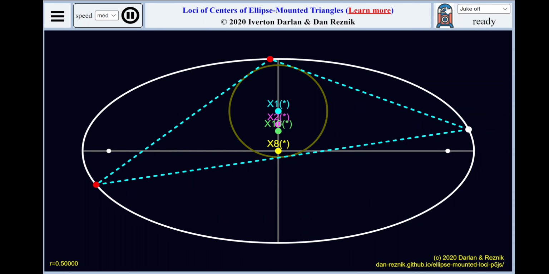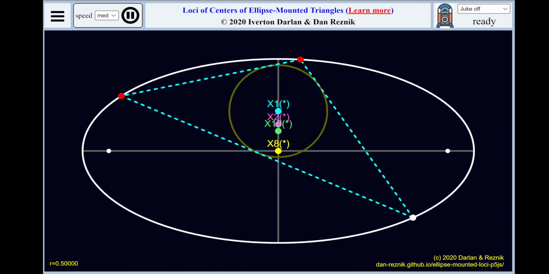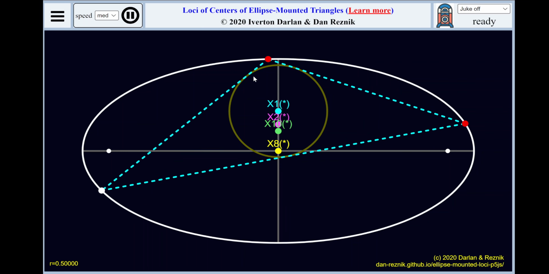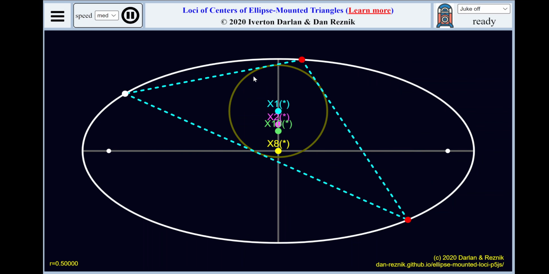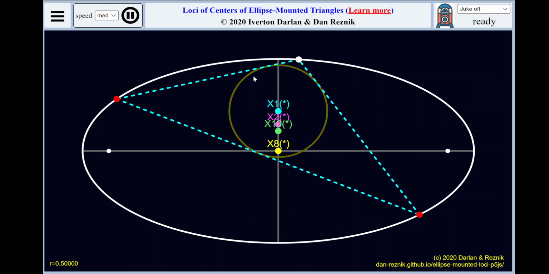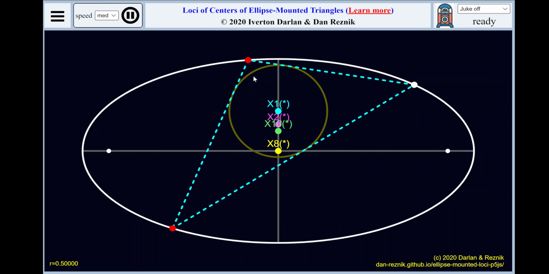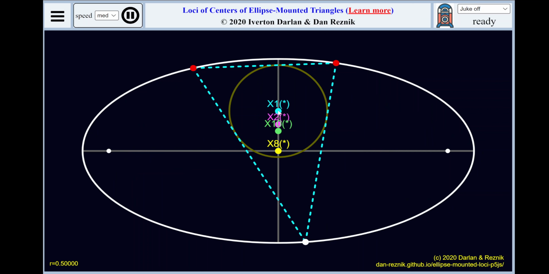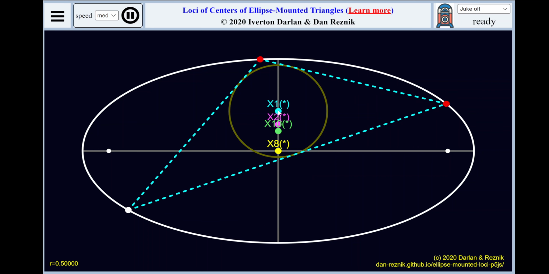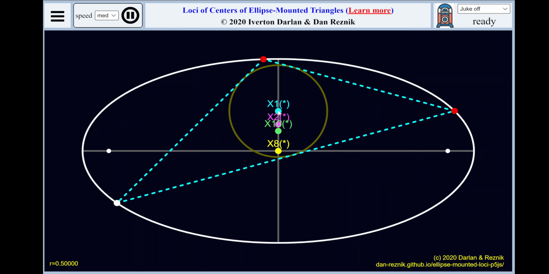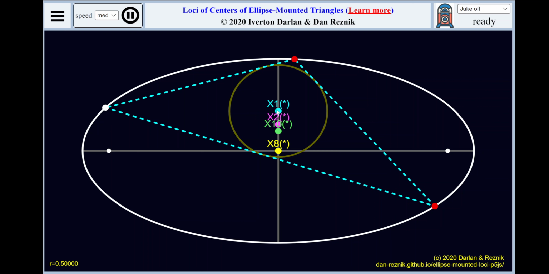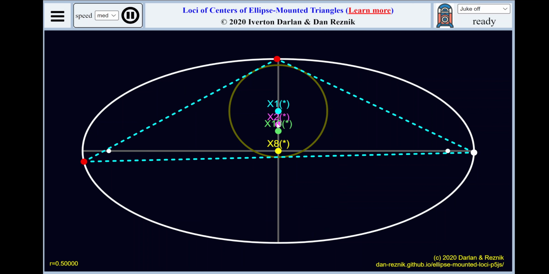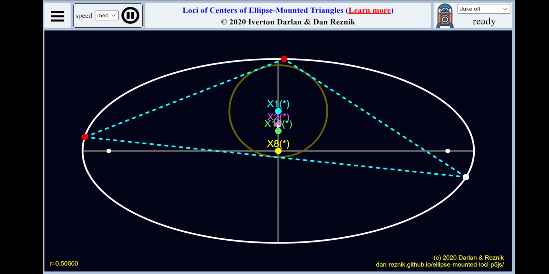So this is a family of Poncelet triangles inscribed in an ellipse and circumscribing the fixed incircle, the circular caustic of this family. This family, by definition, will maintain the incenter, the center of the incircle, stationary. But we also find that for specific placement of this caustic, you can also keep the barycenter fixed,